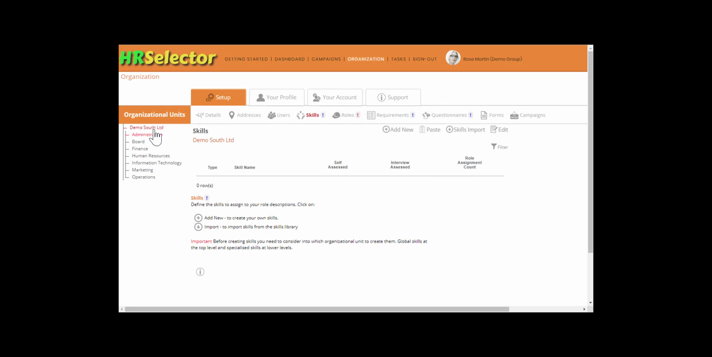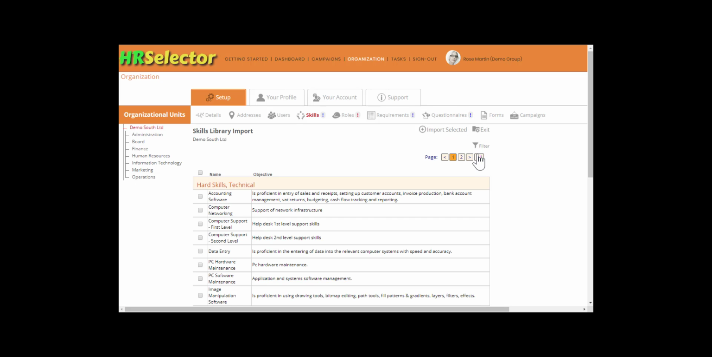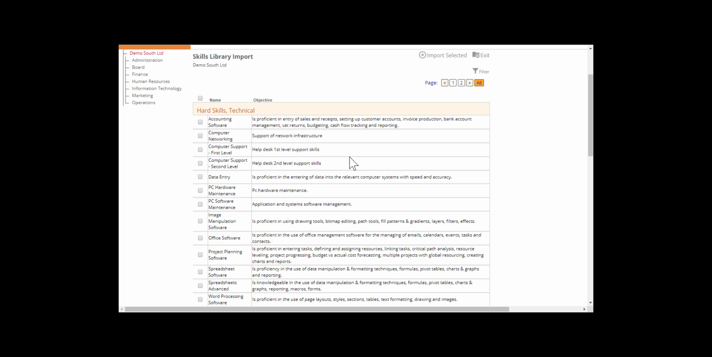To assign the common skills, select the top organizational unit. HR Selector provides you with a skills library that contains a number of typical skills that can be imported. To use the library skills, click on Skills Import. Check the skills that are common throughout the organization. For demonstration purposes, we will select Office Software,